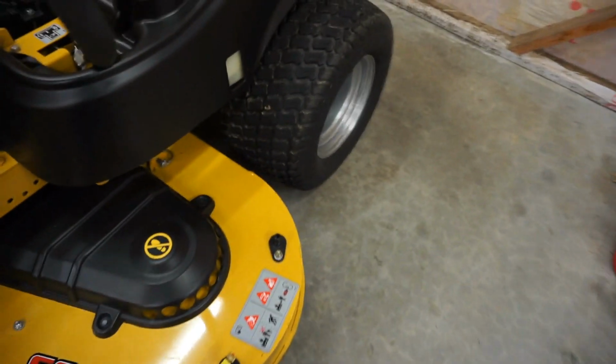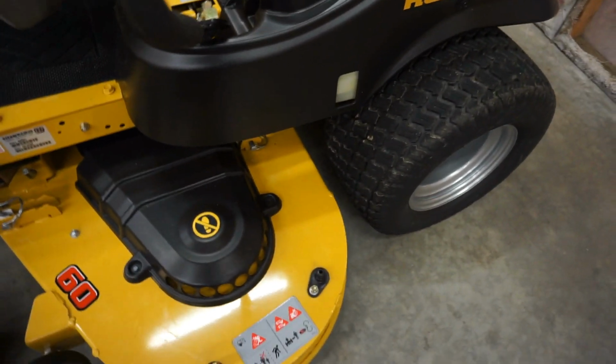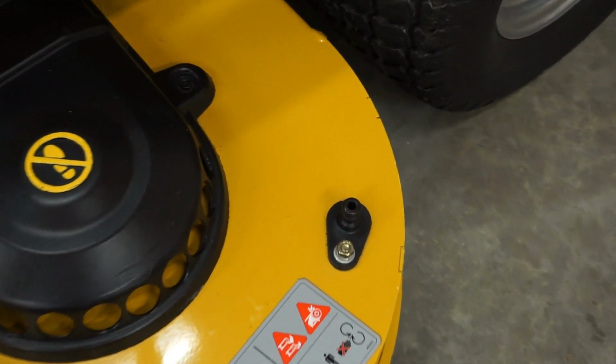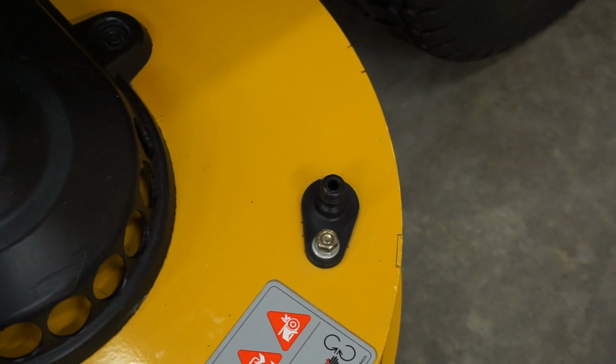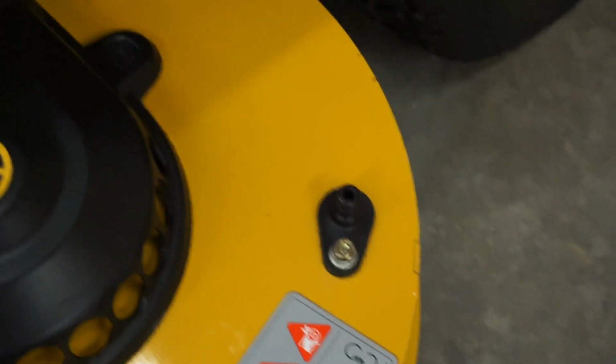This is something that's on here, I put on before it ever left the dealership. It's not something you might want to do. It might be something you do want to do. It's never been hooked up, never been operated, and all it is is a hydro deck cleaner. And what you do is you hook that to your garden hose, turn on your...